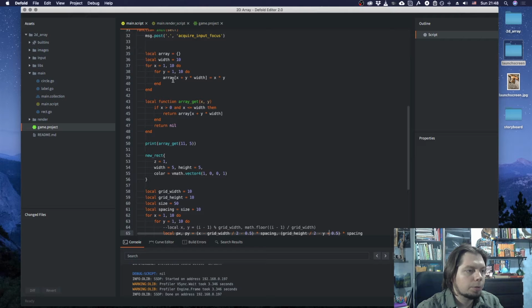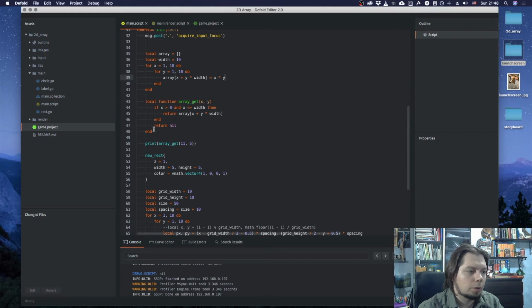Using this approach with a single table for two-dimensional array really helps with a more streamlined data structure for your arrays. You don't have to mess around with subtables, and from the code point of view it's much easier to